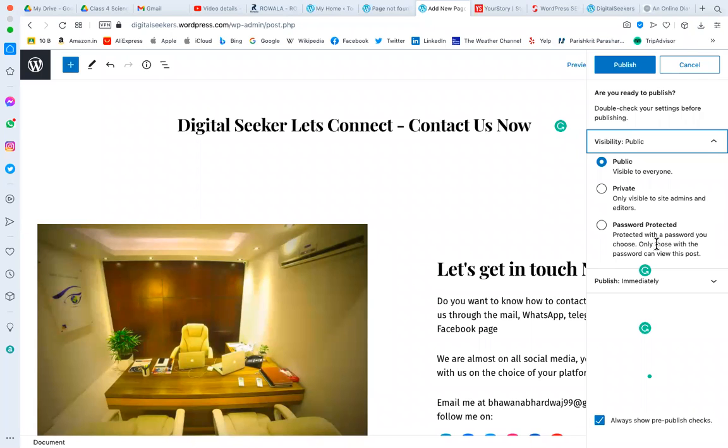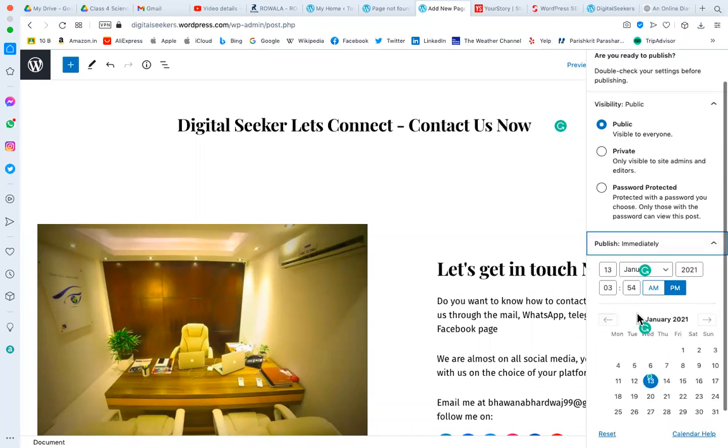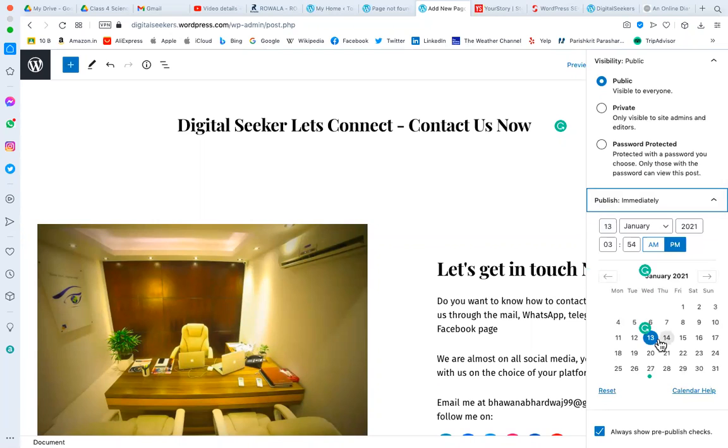If I'm creating content only for my members, or only for the paid members who have paid for the course, I can make it password protected and share the password with the members only. That way you can decide what kind of content you are publishing. So here you can click on publish. You can publish immediately or you can schedule it. If you don't have time, you can create hundreds of posts and schedule them every day.